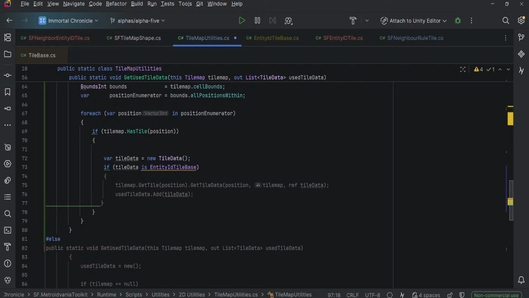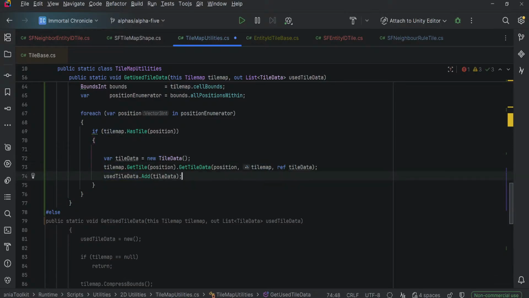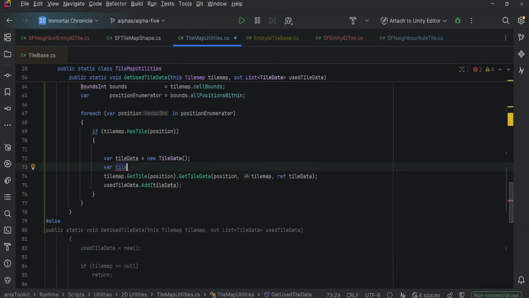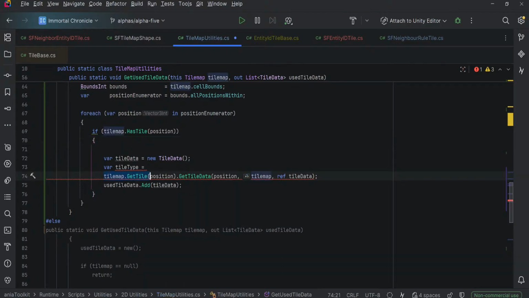Instead of saying tile data, tile. Right, we're going to have to first check to see what kind of tile we are. So var tile type, and I'm going to have to say... well, actually no, because we can't say... actually yeah, we'll have to get the tile first,